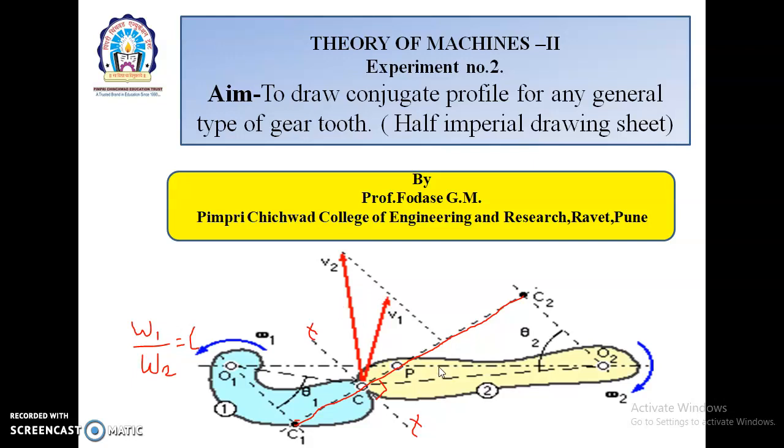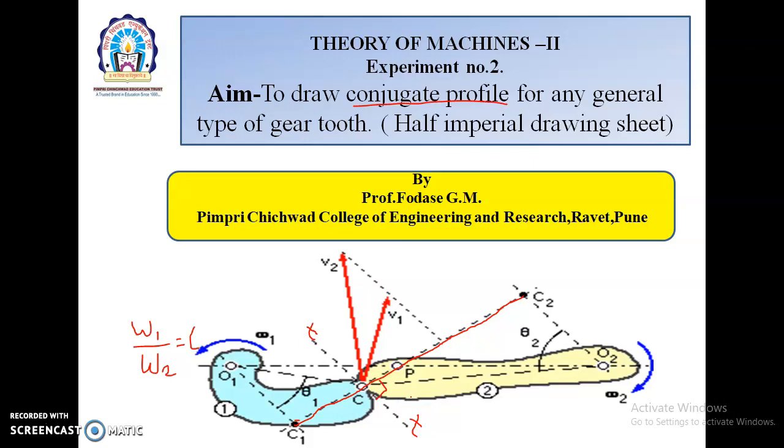Law of gearing means two gear tooth profiles satisfy law of gearing, meaning the angular velocity ratio remains constant if and only if the common normal through the point of contact passes through a pitch point. Next, the gear tooth profiles which satisfy law of gearing are called conjugate profiles. So we must know what is a conjugate profile. I repeat, gear tooth profiles which satisfy law of gearing are called conjugate profiles, and the action is called conjugate action, while those gear teeth are called conjugate teeth. Okay, so we discussed the concepts of law of gearing, conjugate profile, conjugate action, and conjugate teeth.